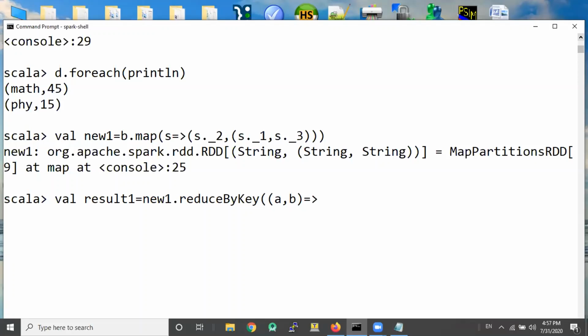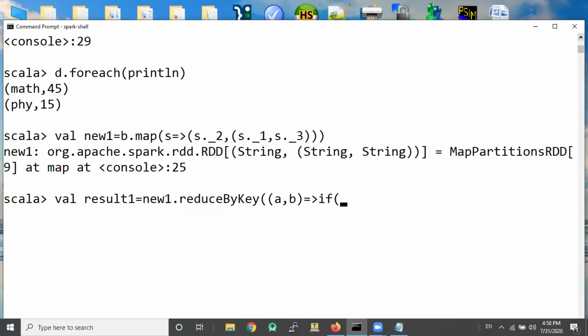Now if we want the maximum, and the student who got the maximum, so we want both the s dot underscore 1 and the s dot underscore 3 to be present for the maximum row. So here we have if. What do we do an if with? A is a tuple. A is the value, and that is an inner tuple comprising of s dot underscore 1 comma s dot underscore 3.